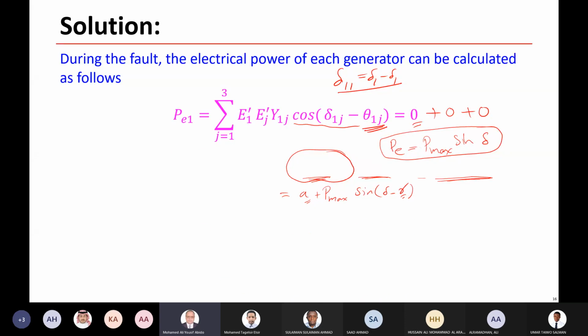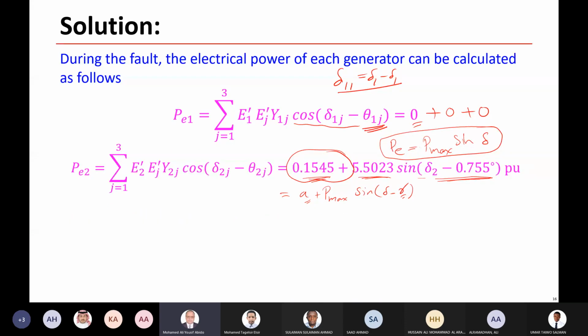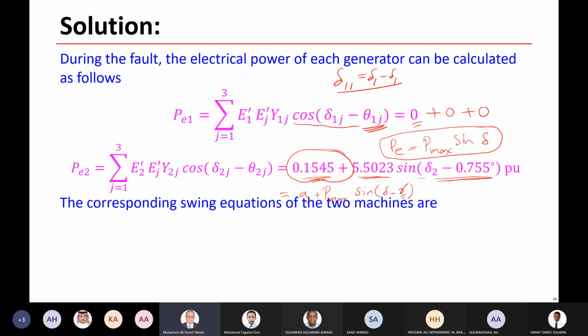The reason is we have resistances. We consider resistances. If you don't consider resistance, in this case, you will end up with a similar form. The corresponding swing equation of the 2 machines: you calculate the BE1 and the BE2, so you can